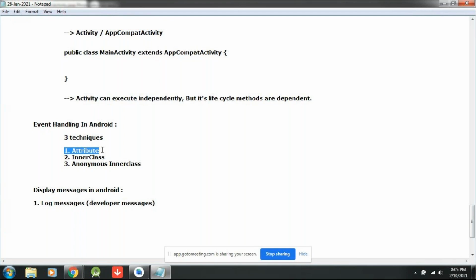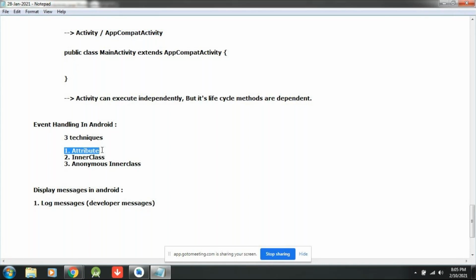We write the function name similarly, but in Android it is not at all suggestible. If I take one button, one method in the backend, fine. Two buttons, two methods, considerable. But if I have 10 buttons and 10 methods in a single class, that is not at all suggestible.